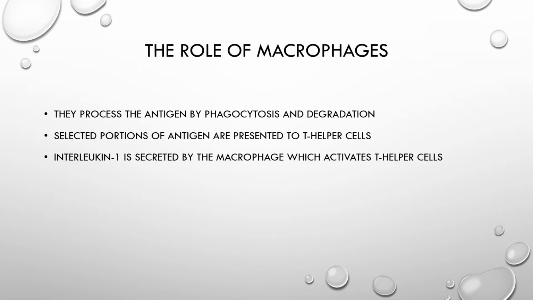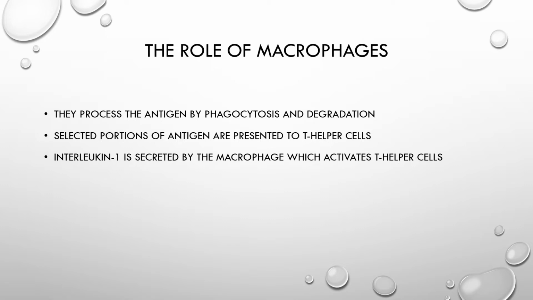So step 1 in the production of antibody is the role of macrophages, okay? Macrophages actually process the antigen by phagocytosis and degradation. Meanwhile, selected portions are conserved for presentation to the T helper cells. So antigen is presented to responding T cells and some B cells. Thus, T and B cells work